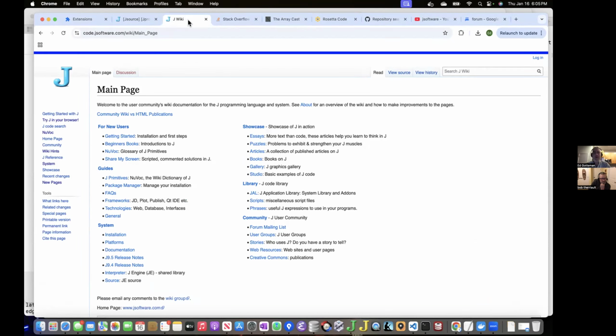And these are silos, islands. They don't particularly talk to each other. Each of them presents its own face to the world. They have different approaches to navigation and search. The search is sometimes challenging. And of course, for J, search is particularly challenging because it's very hard to use a conventional search engine to look for J code.